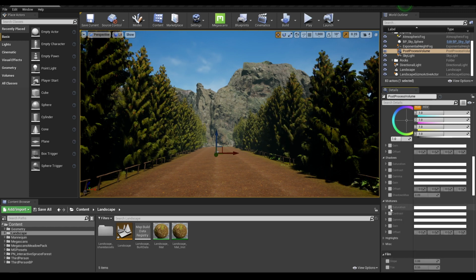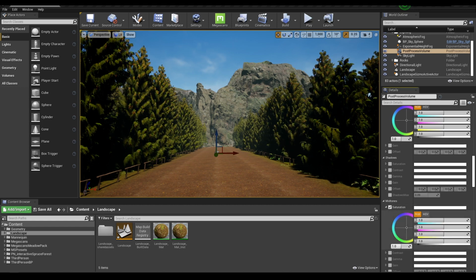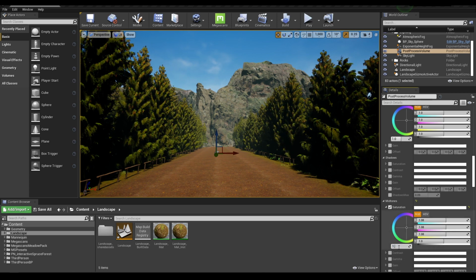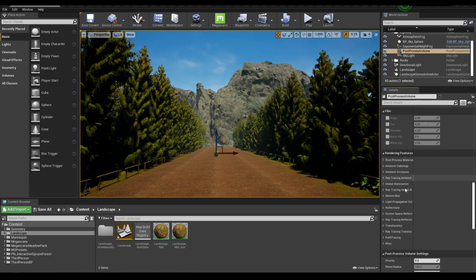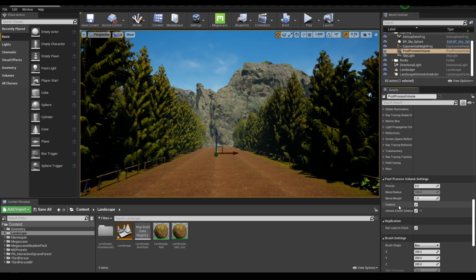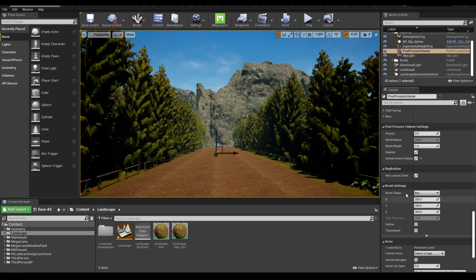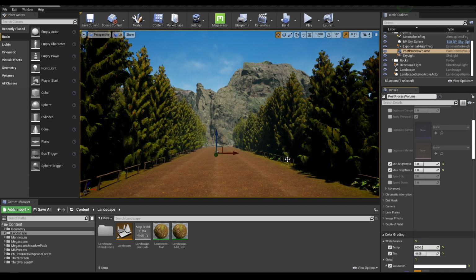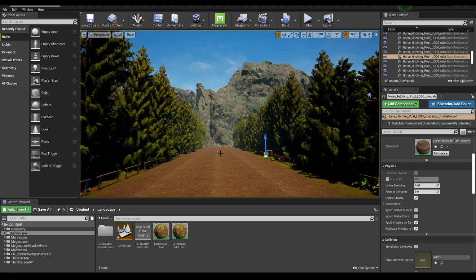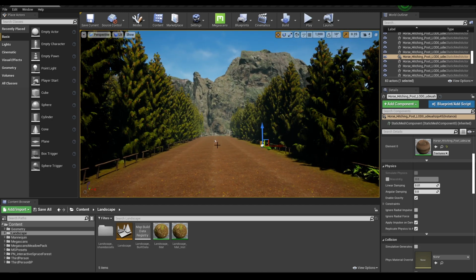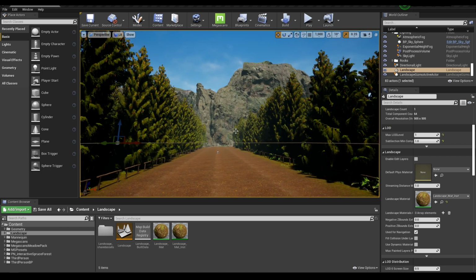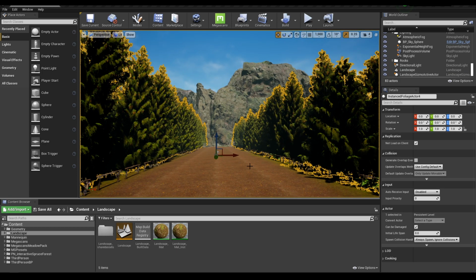Go to midtones and you can change the values here by just clicking here and open this icon like this. So that's pretty much it. And that's how you can create a simple landscape environment in Unreal Engine by using some free assets from Unreal Marketplace and Quixel Bridge. To create a high resolution screenshot of this scene, now select your scene and create a